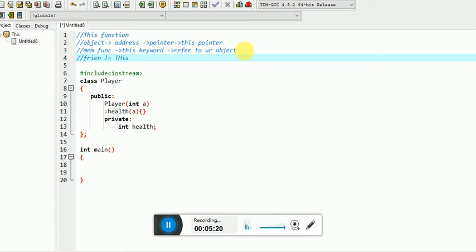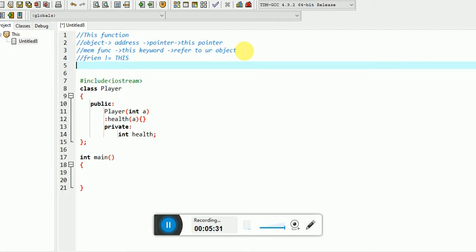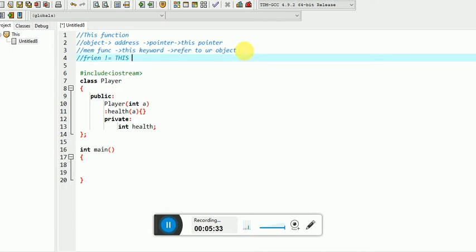The main issue with using this with a friend is that friends are not members of a class. That's why we do not generally use the this pointer along with the friend function.